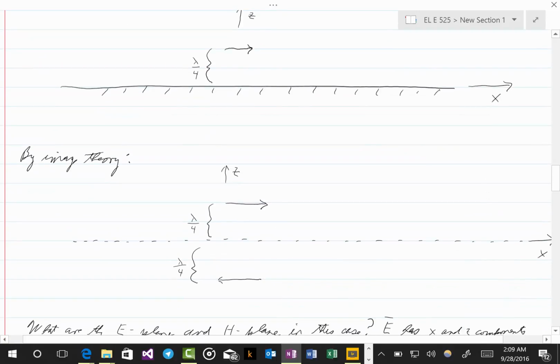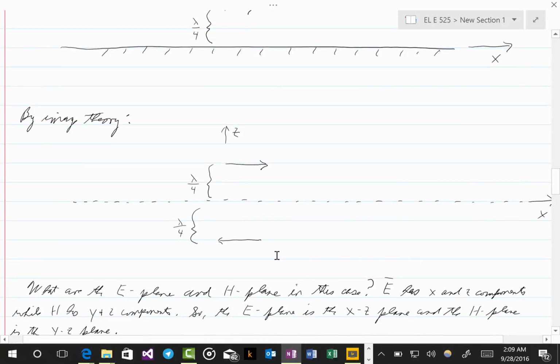So using image theory again, here is our equivalent problem, of course, for the fields in the region z greater than 0. And notice that in this case, since the current is completely horizontal, the image is the negative of the original current,